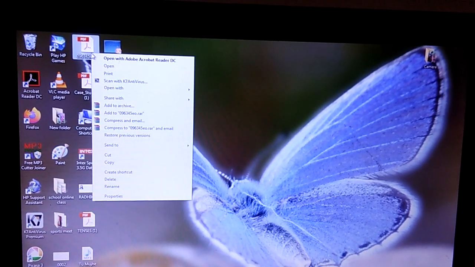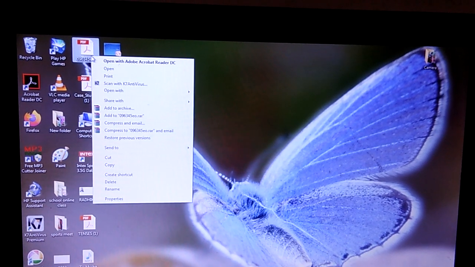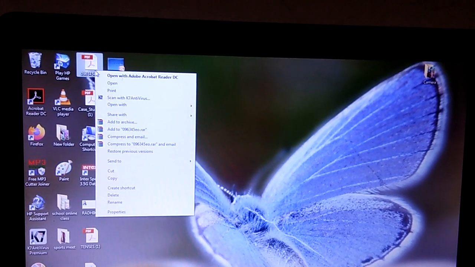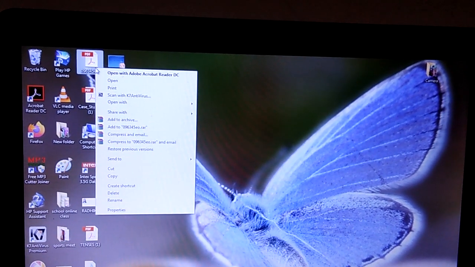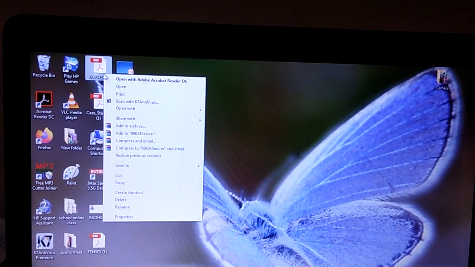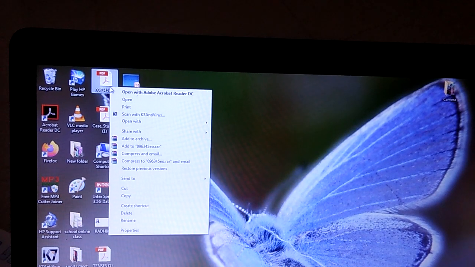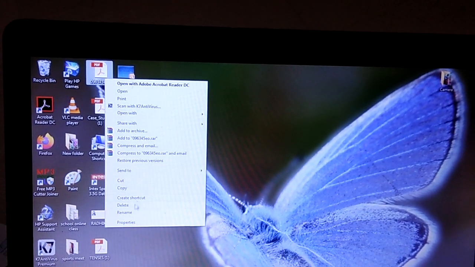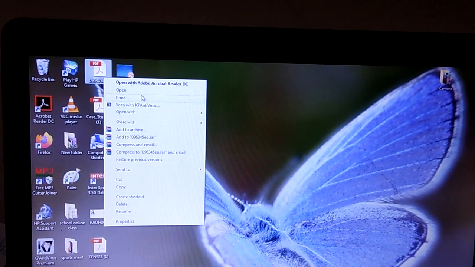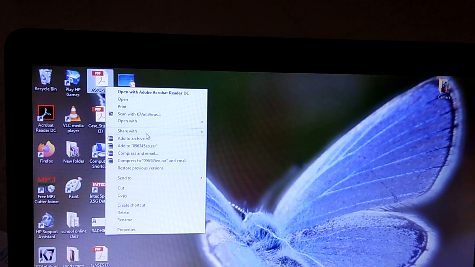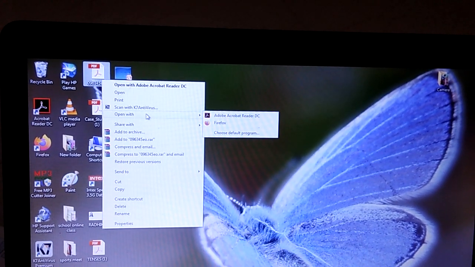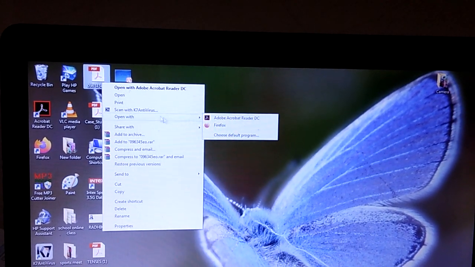The menu that appears after right clicking on an object gives many options to implement various operations on that particular object. So we can cut or move, copy, print, delete, rename an object with the help of the shortcut menu or context menu. Like cut, copy, create shortcut, delete, rename, open, print, share with. All these options appear. So we can apply any option according to our requirement.